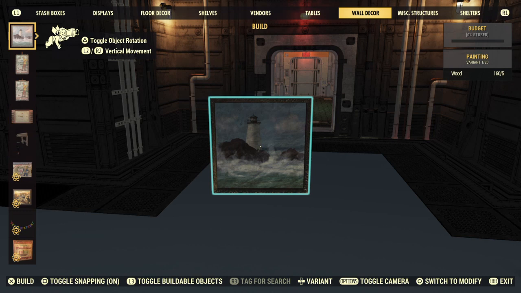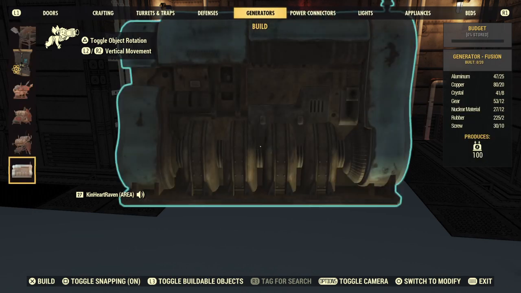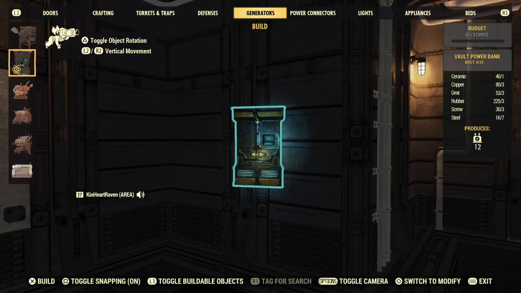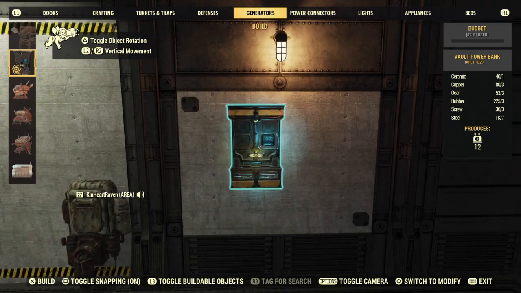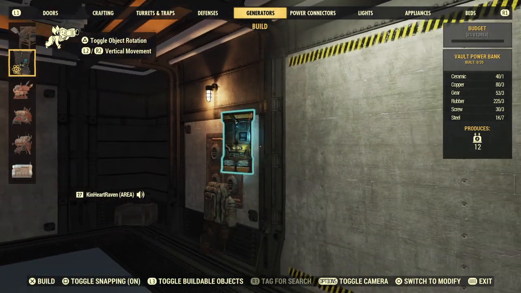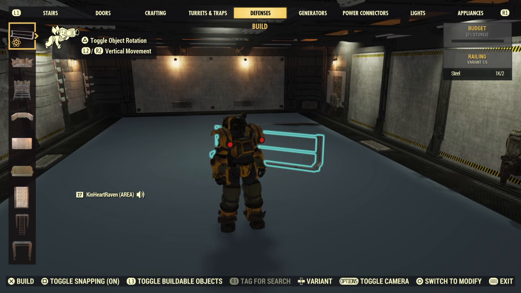So I'm looking for the items that we unlocked. So for example, for generators, yep, this is the power bank that I was speaking of. It only produces 12 power, so it says, but you can place this anywhere on a wall, well, almost anywhere on a wall, and then you now have a power flow to wherever. What I did